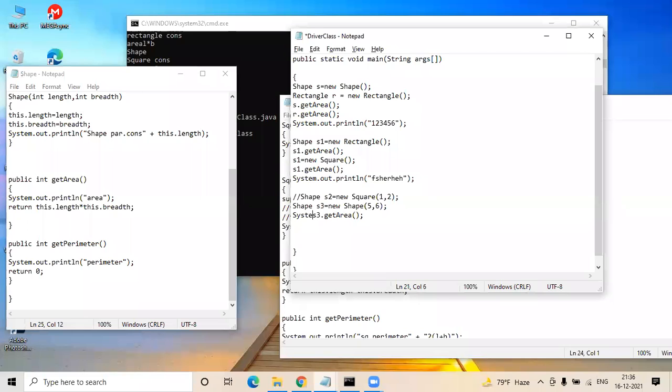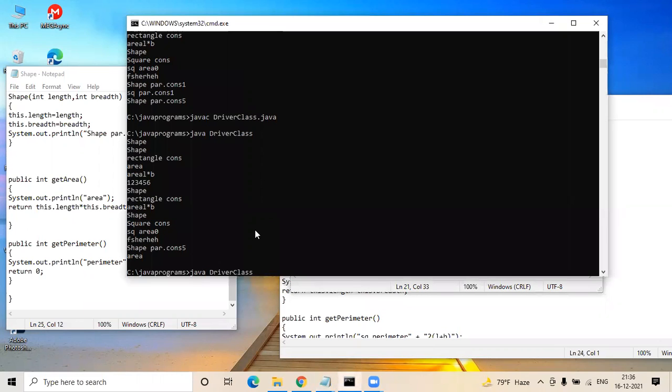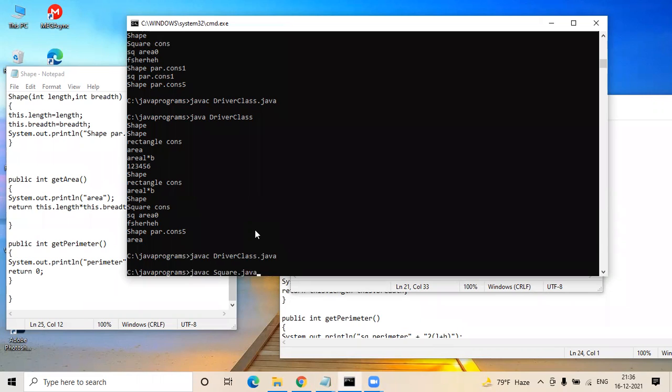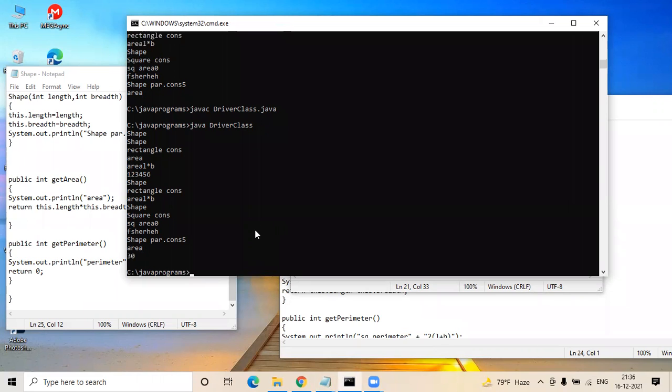Let me do that also. So when I printed my area, I'm able to get the value.